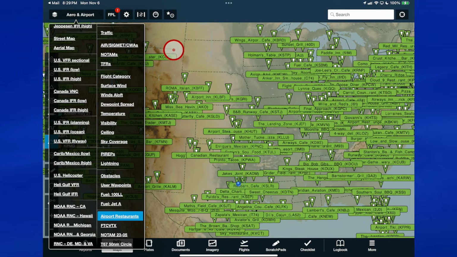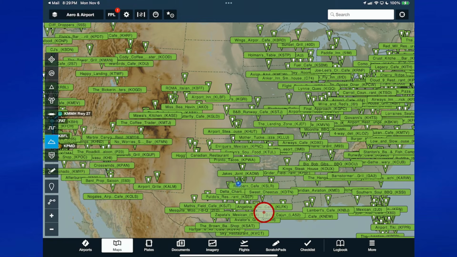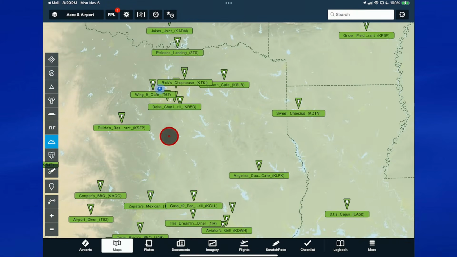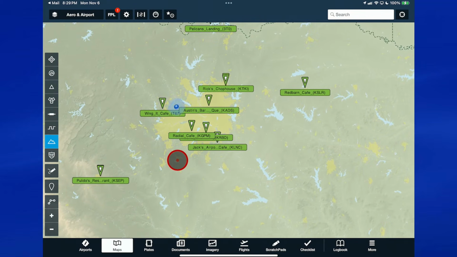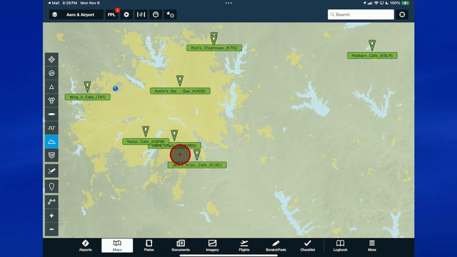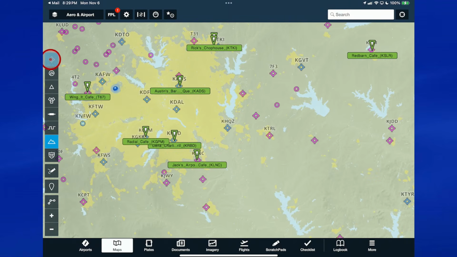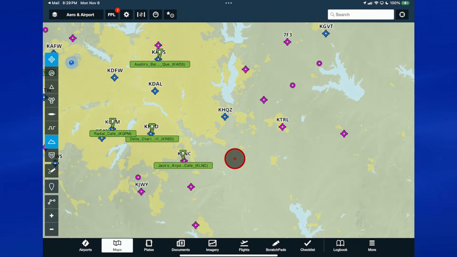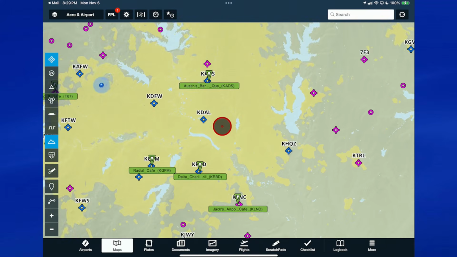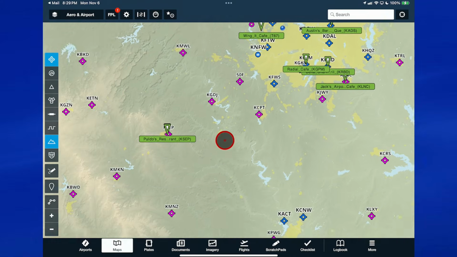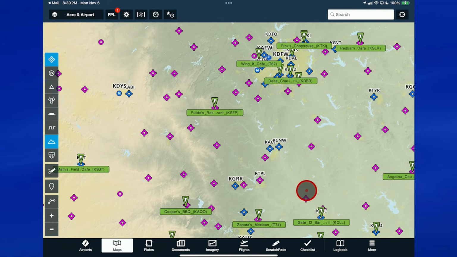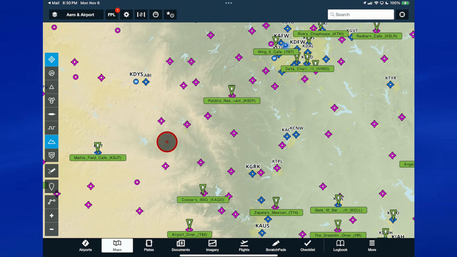I can zoom in, tap out of the menu there, and I'm going to zoom into my location and see, well, what have we got? These are the airports near me, so I can see what restaurants are near me, and that's pretty cool. I can fly to any of these airports, and let's turn the airports on. And you can now see the airport and the restaurant that's at that airport. So we can fly, I think down here is the original Heart 8 at Stevensville. I don't know if it'll be on here. And anyway, in any event, it's kind of cool.